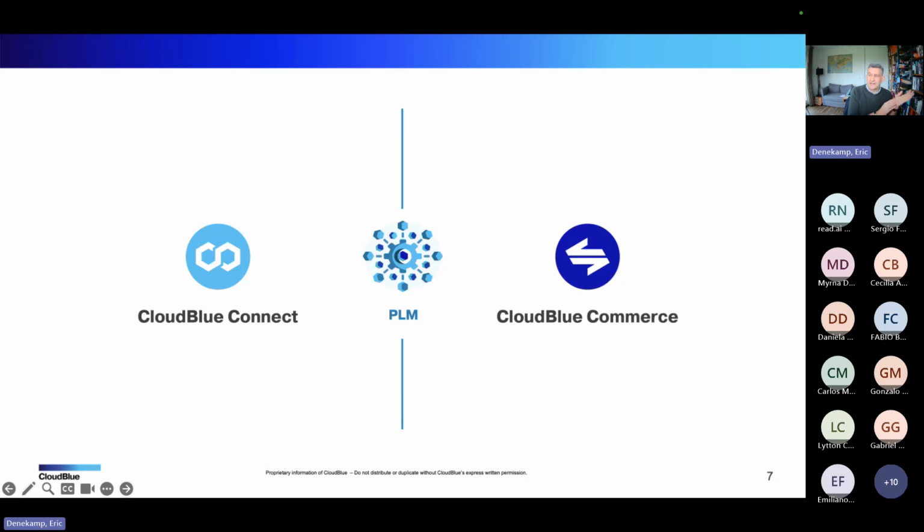In any dedicated on-prem setup of CloudBlue Commerce, on-prem as in owned by the provider, I mean, if you're going to version 21, it's still not automatically SaaS. It could still be that it's installed in your Azure environment or in your data center, as long as there is a Kubernetes environment where we can install it in. But PLM will be part of that deployment, and it will be connecting to the distributor account you have in CloudBlue Connect.